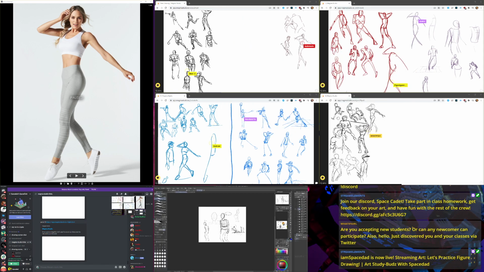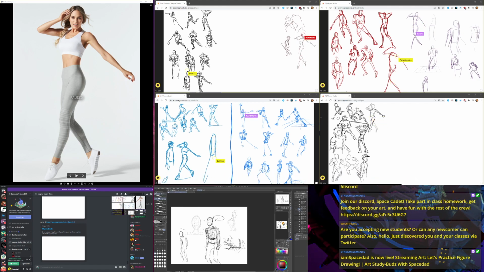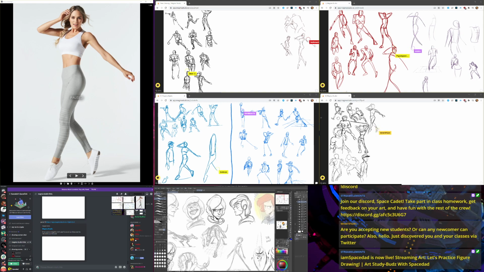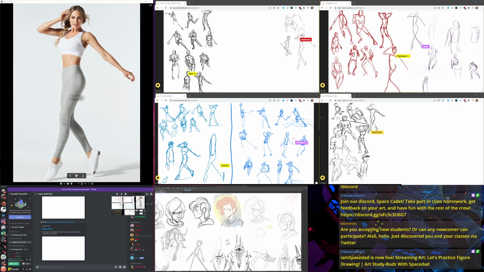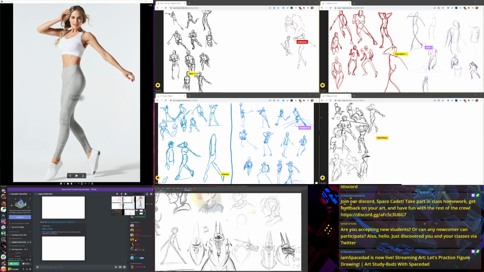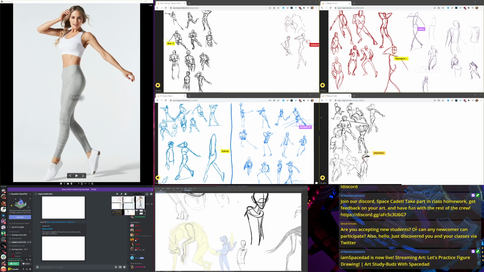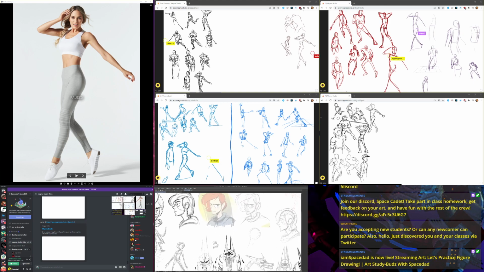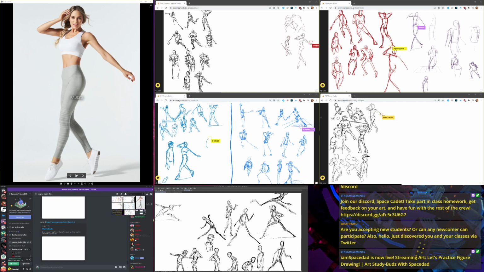Anyway, I wanted to share a little bit of what I've been working on for the past couple days. This is me building off of that stuff I shared last time. It's kind of an old story idea with a werewolf fighting a kid. And I did some more development of the werewolf, and more development of the kid, a teenage kid. Some more poses of the kid right here.